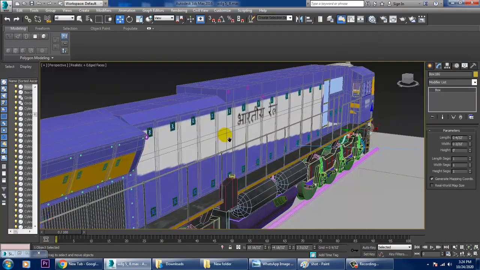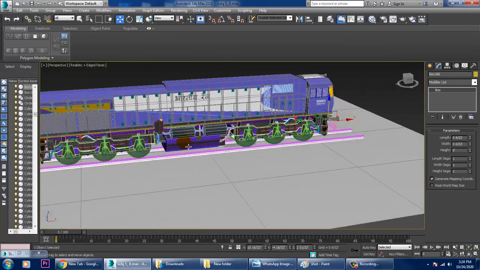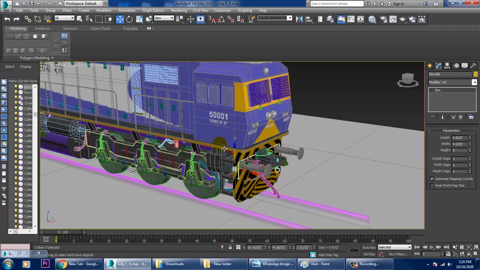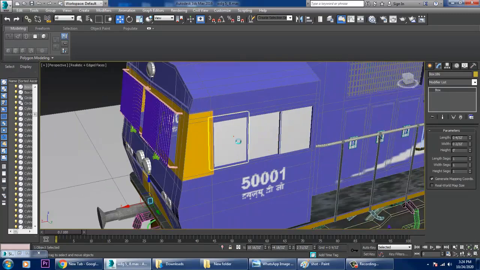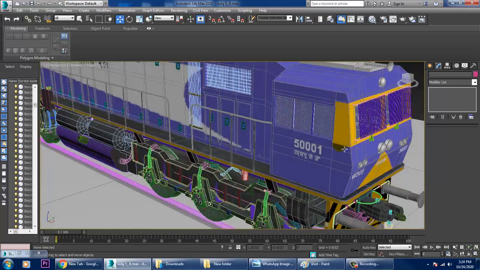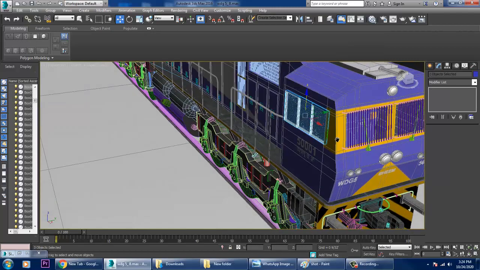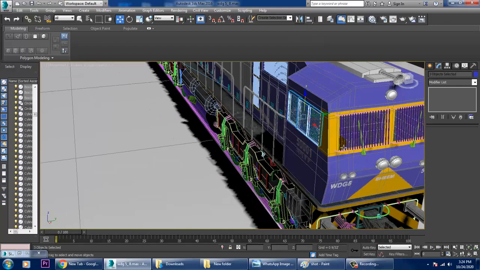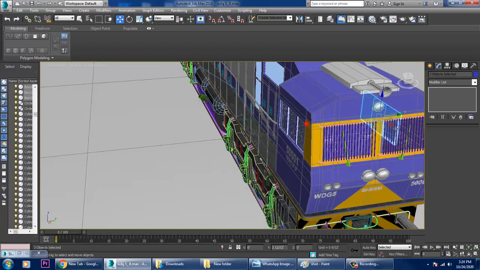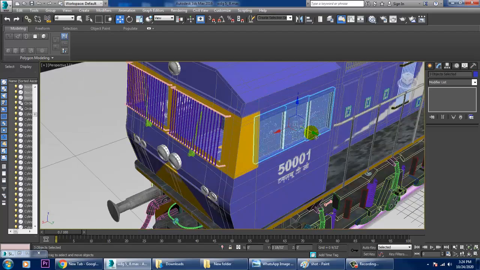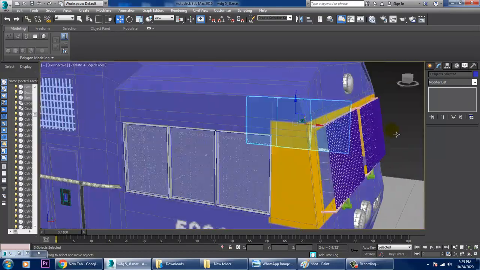Alright. Definitely this would go over here also. Select this area over here, again mirror it, copy it in the y-axis over here, and place it in this way. That's it.